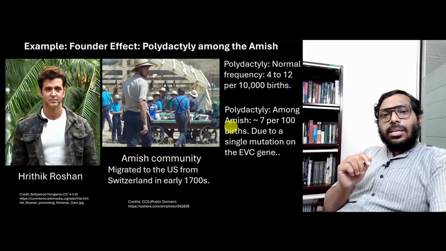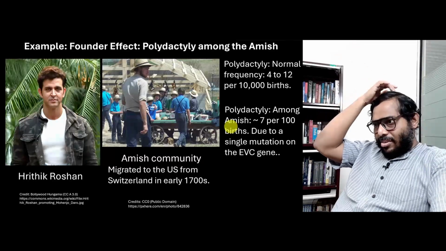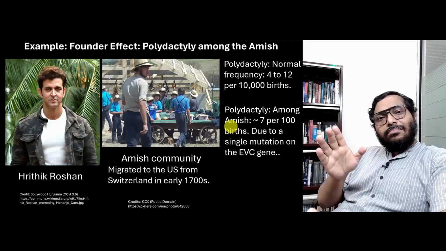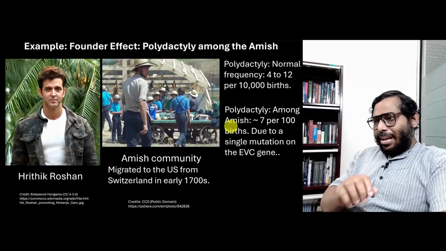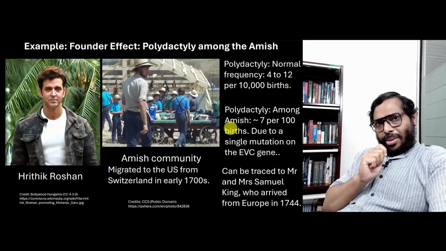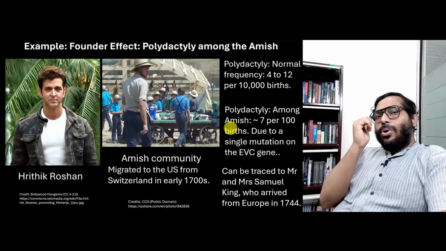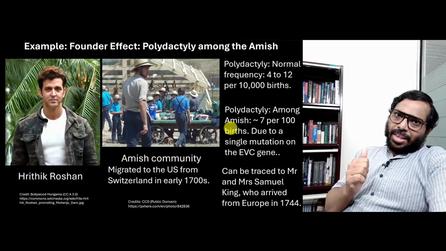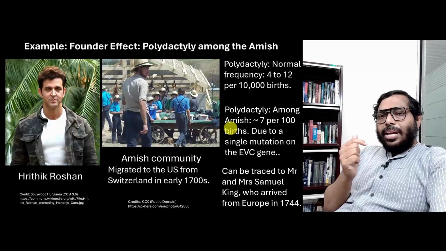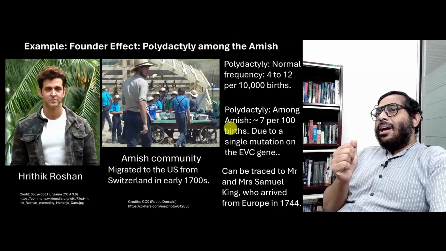Therefore, we essentially know who is the father of whom, who is the grandfather, and who is the great grandfather, etc., etc. So, scientists have actually traced the entire genealogy of these Amish migrants, and they have figured out that in 1744 there was one couple, Mr. and Mrs. Samuel King, who came from Germany to Pennsylvania, and it is not clear whether Mr. King had it or Mrs. King had it, but it is pretty clear that one of them had this particular mutation, it is a recessive mutation, and after that